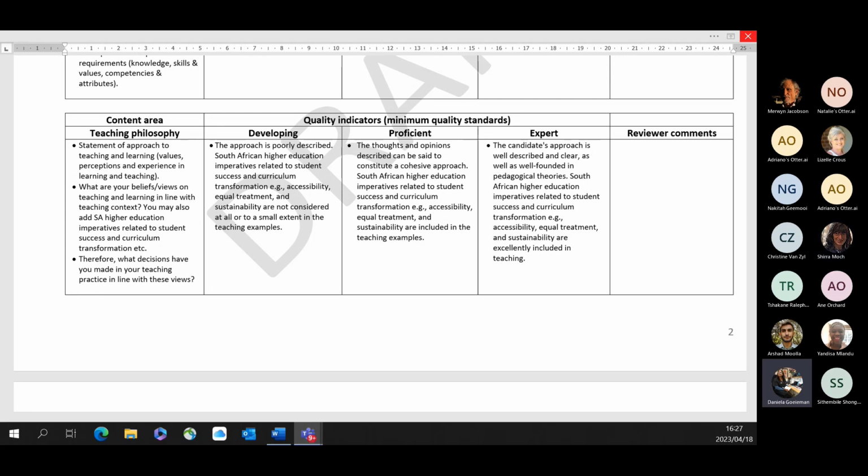Because I don't think so much the content really changed. I don't think COVID has had much of an impact on the content changing, but the logistics and the methodology, and the fact that I think what COVID also did was